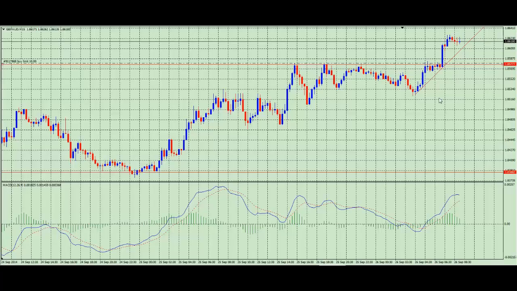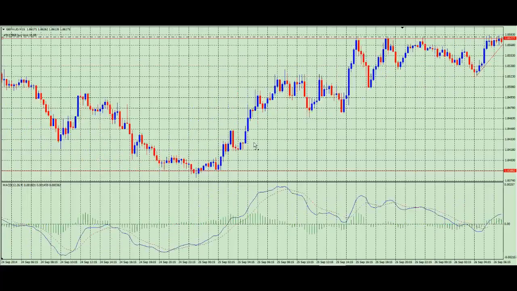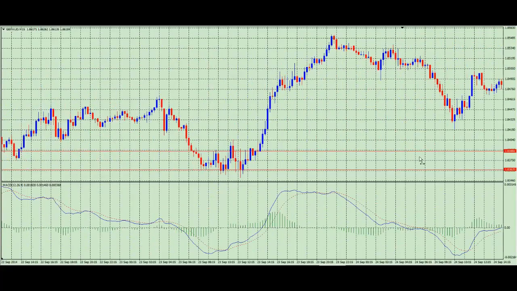So in an uptrend you want to be buying at support and selling at resistance. And in a downtrend you want to be selling at resistance and buying back at support. So hopefully that makes sense. And what I'm going to do is use this session to highlight to you areas of support and resistance. If we go to the left, this was Tuesday's blog, which I shared yesterday, concluded on